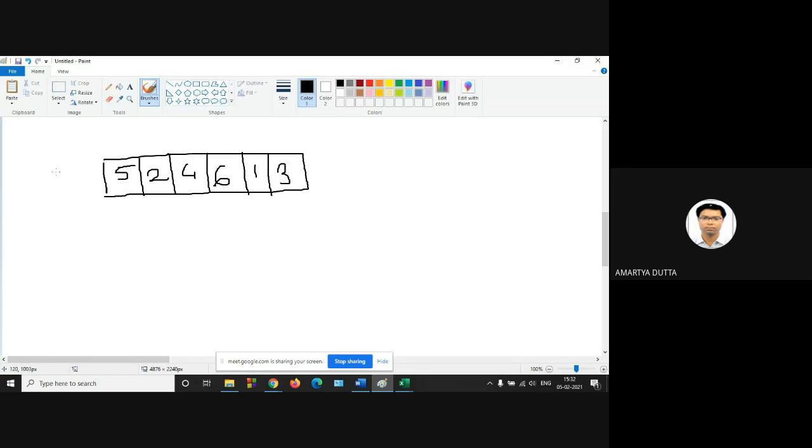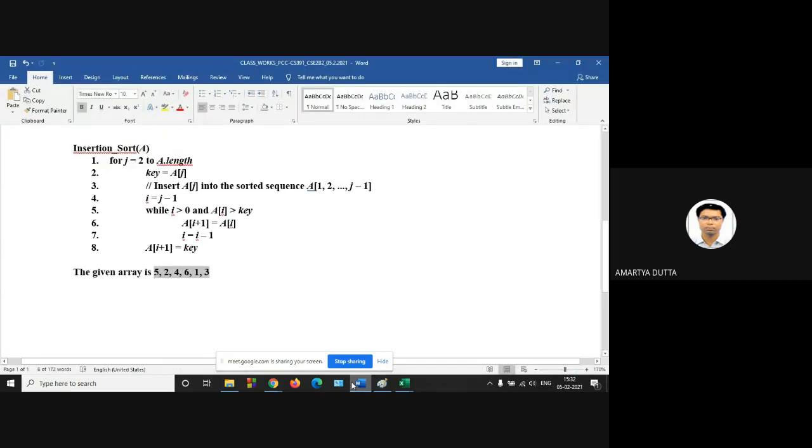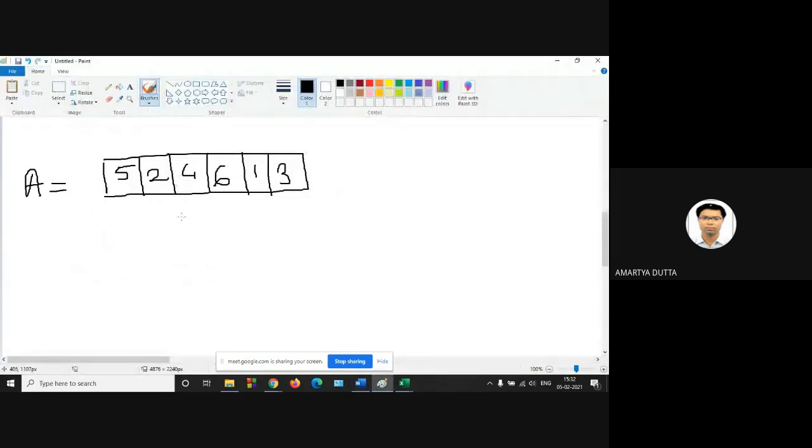This is your array A, and J runs from 2 to A.length, that is up to the last one. A.length is here n, so n elements are taken. It starts from 2 to the last element.